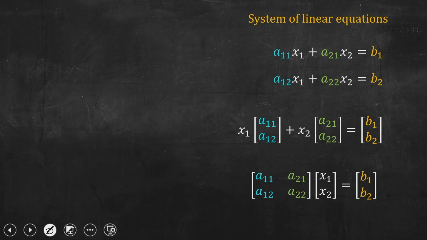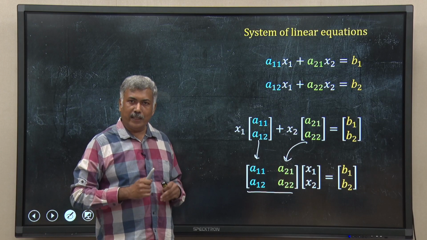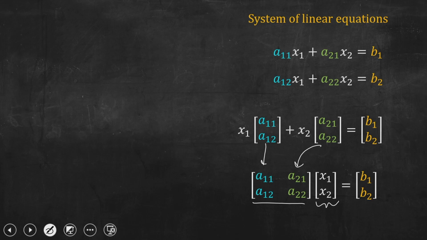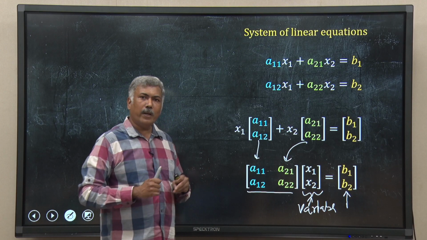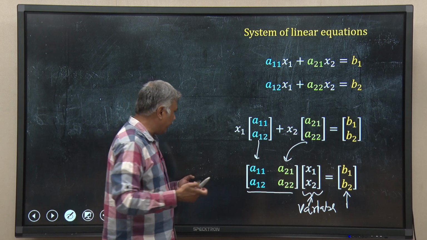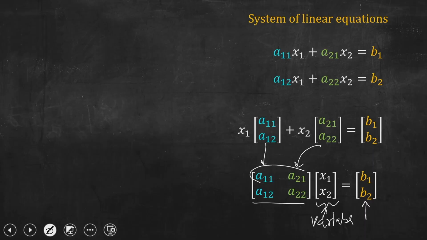So, I have a matrix here which has these vectors arranged side by side as column vectors of that matrix, and then I multiply that with a vector made of my variables. So, this is a variable vector, and obviously, I have the right hand side constant as a separate column vector. Just try to remember the rules of multiplication. What I have to do? I have to take this row and multiply with this one. So, then I will get back this part of the first equation,